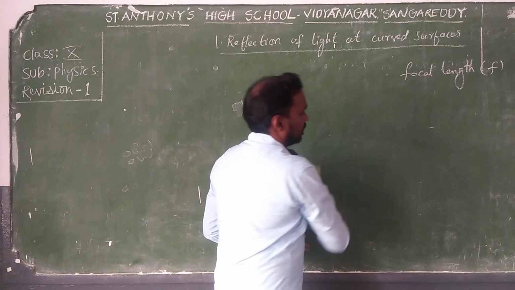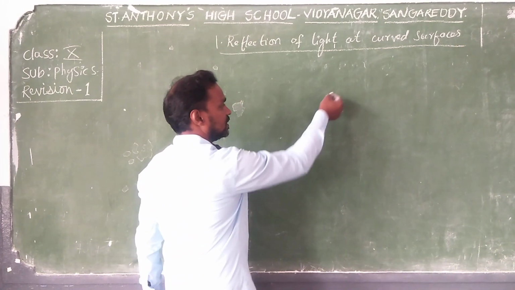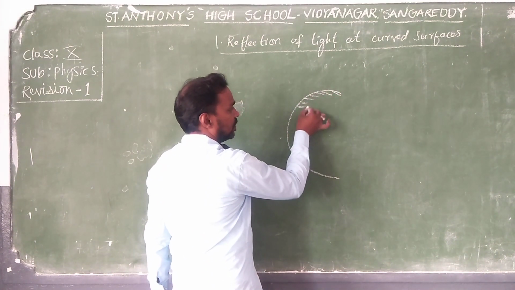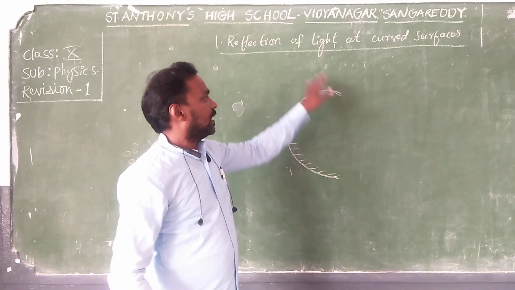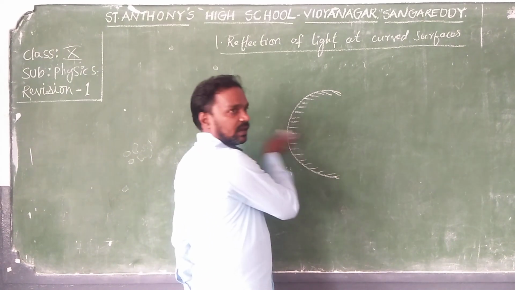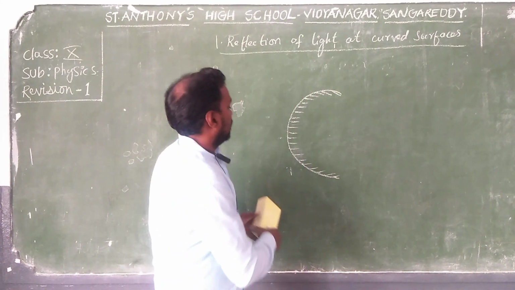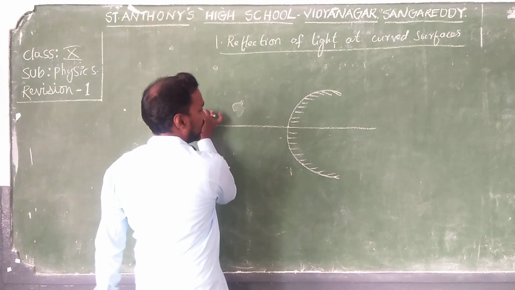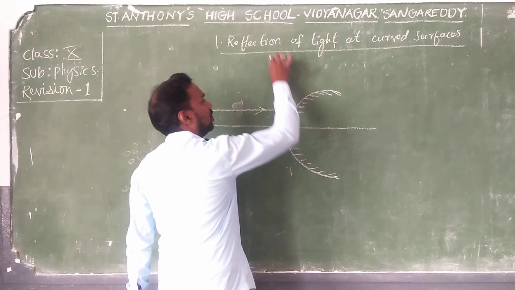And after that, we have one more curved surface. We have the same curve. If you put it inside, and the outside is not coated, that is, one part is not coated and this is coated, the light will not pass through this and will not come outside in the mirror. One side is coated, one side is not coated. And when the light is coming, this is the principal pole. It will go like this. When the light is coming parallel to the principal axis, like this, after hitting the mirror it will go like this.